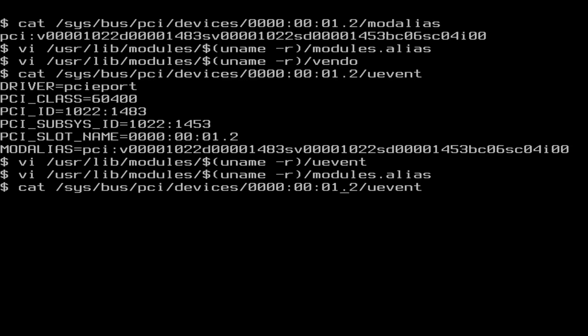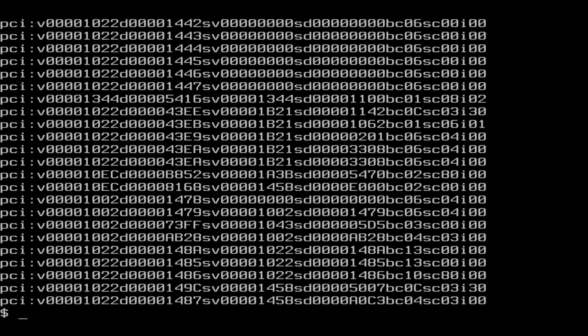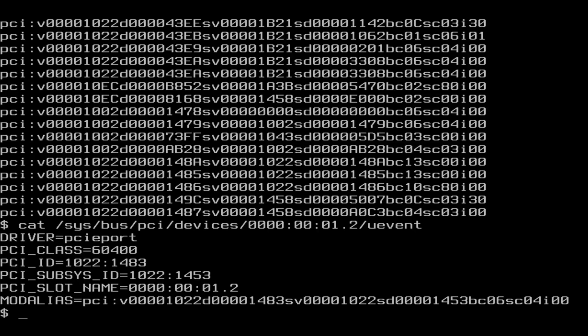So in mod alias, instead we can see the device for devices star. For all the devices we can load the mod alias. Now let's say we want the first one, this one, and then